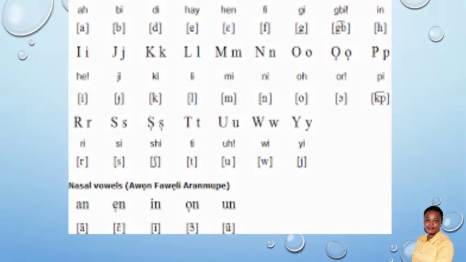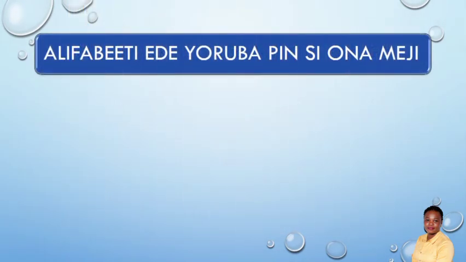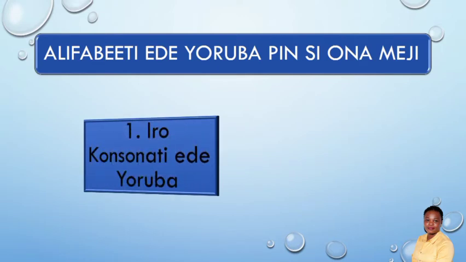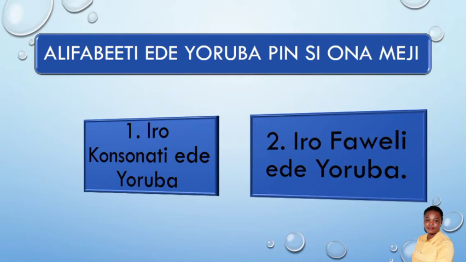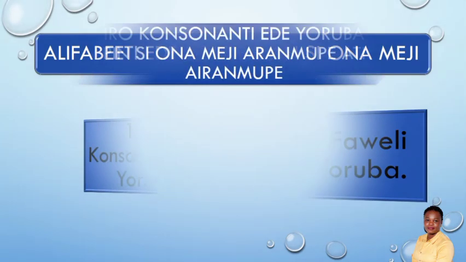You can see the way they are written and the way they are pronounced, as you can see on your screen. Alifabeeti Ede Yoruba pín sí ọ̀nà méjì, is divided into two. Ìró kọ́nsọ́náǹtì èdè Yorùbá àti ìró fáwẹ́lì èdè Yorùbá. We have the consonant sound and the vowel sound, and we are going to be looking at the two sounds